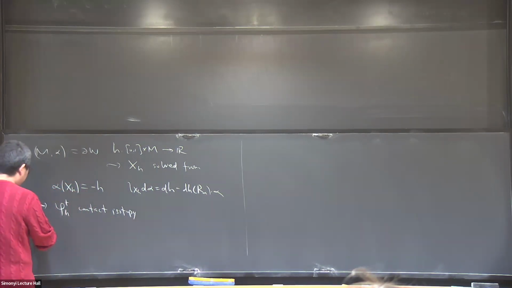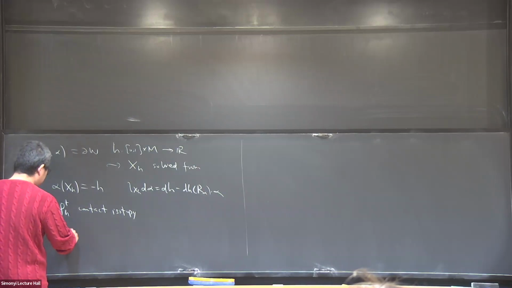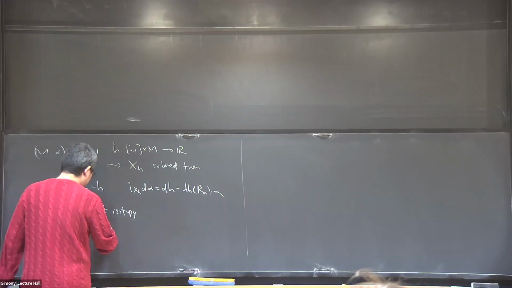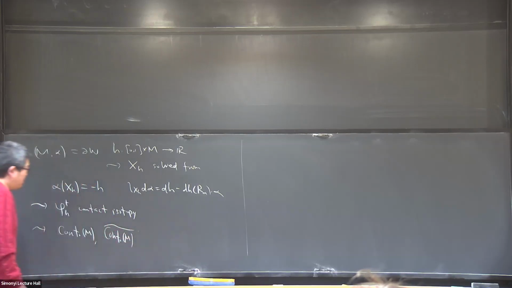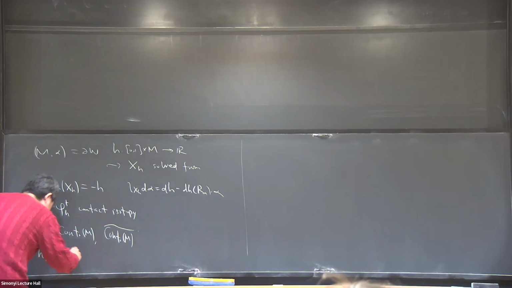The time-one maps of these contact isotopies, put together, will give you a group. Usually we define this as Cont_0. Similarly, you can define the universal cover of that. Okay, and we call this H, or phi_H^t, strict